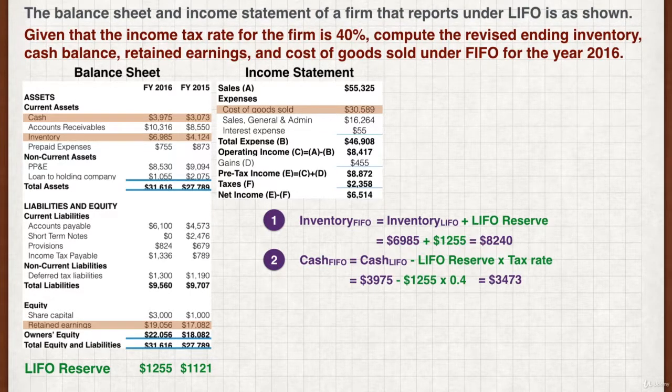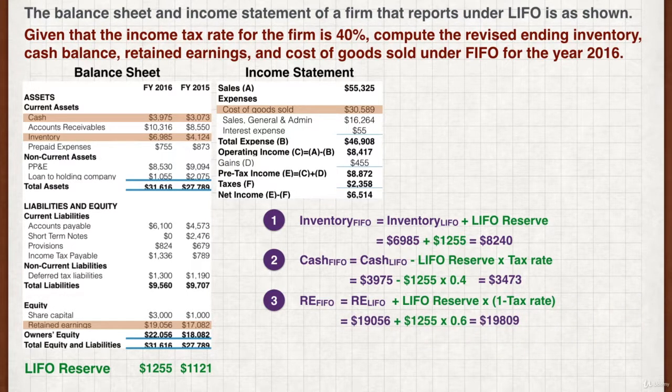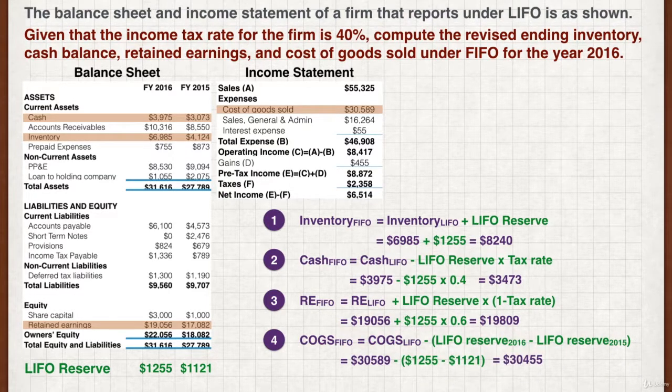$3,473. The FIFO retained earnings is the LIFO retained earnings plus the cumulative earnings not reported under LIFO. This amount is the LIFO reserve multiplied by 1 minus the tax rate. Plug in the figures and we get a figure of $19,809. And finally, in the income statement, the FIFO cost of goods sold is the LIFO cost of goods sold minus the change in LIFO reserve. Plug in the figures and we get the answer of